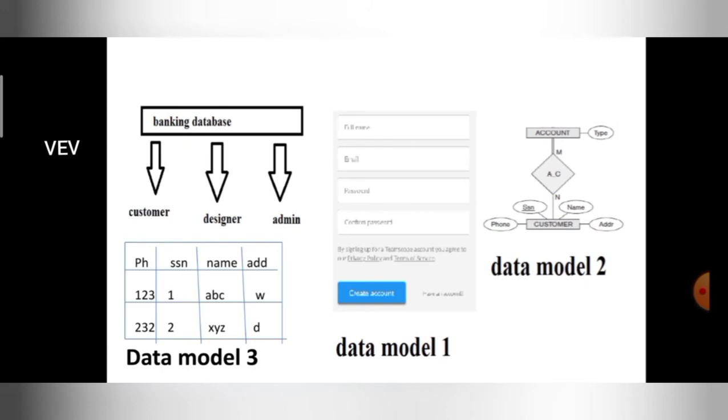In data model 1 you can see, the customer can easily understand that this is the create account feature. So here the create account feature is already implemented. You can easily write the program for this and you can implement this. So this type of implementation or representational data model contains only the details that can be easily understood by the user. That's why it is implementational. You can easily implement them. The user can create the account now.